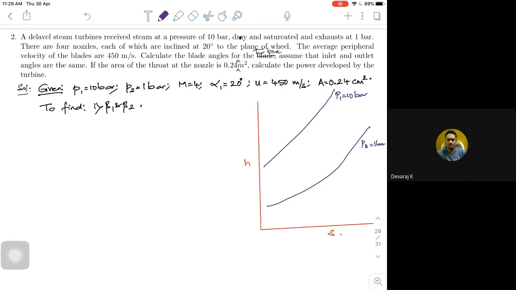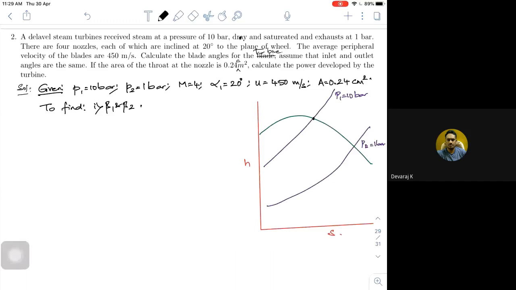Now you may see there is a different color for the dry region. You can see this is your saturation curve, and wherever it meets, that is your point 1,